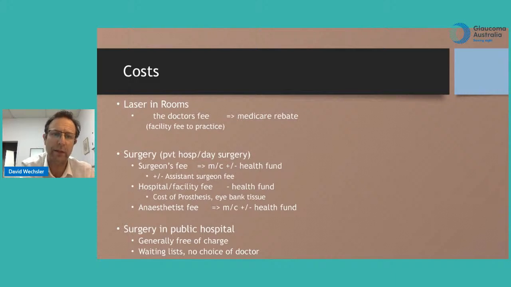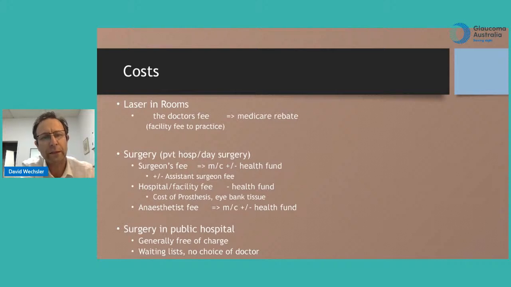You need to know about this ahead of time. And as I mentioned before, there'll be an anaesthetic doctor present, and so they'll have a fee as well, and there'll be a Medicare rebate and a health fund rebate that goes towards the anaesthetic fee. Now, if you go for surgery in a public hospital, this is generally free of charge, but the trade-off is